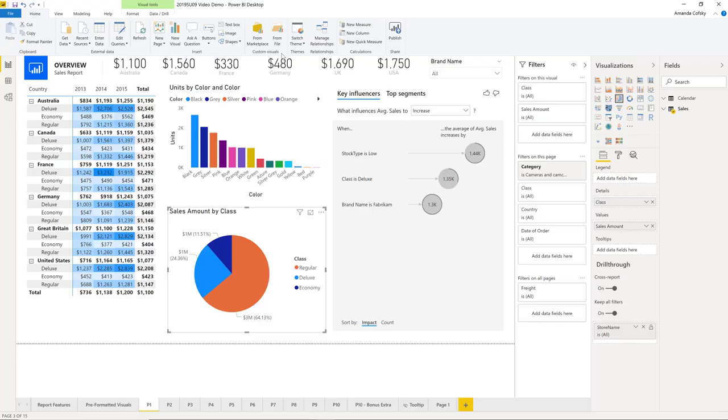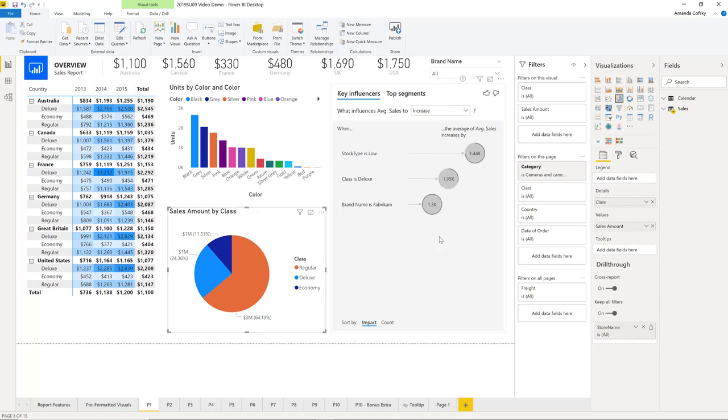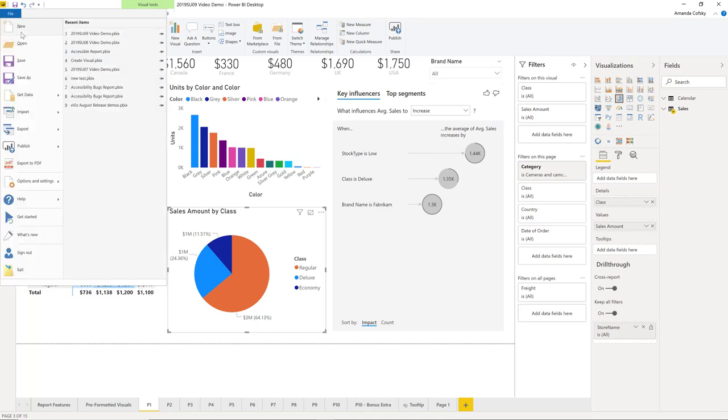The first of which is that you can now unpin visuals that are built into Power BI from the pane. So for example, if you really hate pie charts and donut charts, you can actually unpin them and they will get removed from your report, and for within this one specific report, they get moved down to this bottom section of things that are just temporary. And if you open up a new report after you've done that,